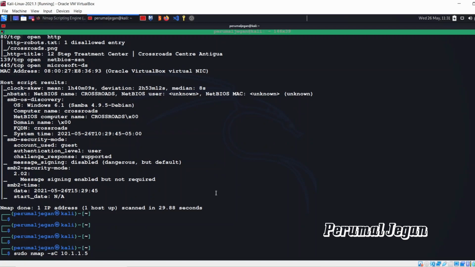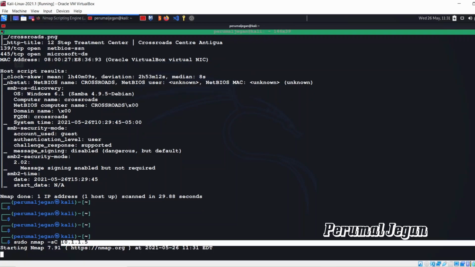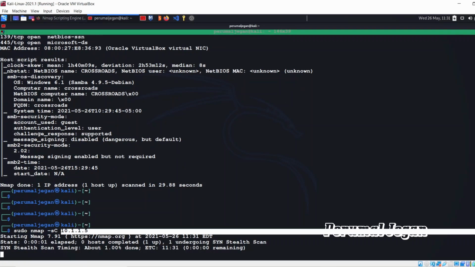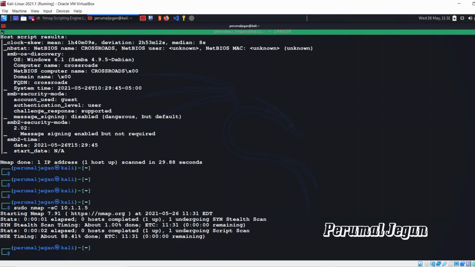So far, we have discussed only the flags, the options, and the Nmap scan types that we can use. Apart from that, we can also customize our input. I just gave a single IP address here. Apart from this single IP, you may use a subnet as we did earlier.